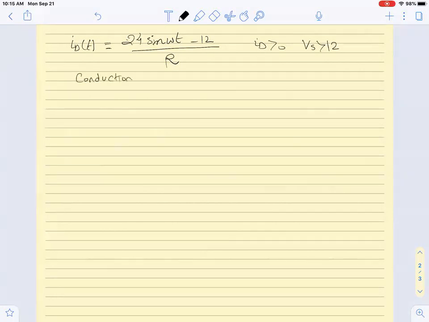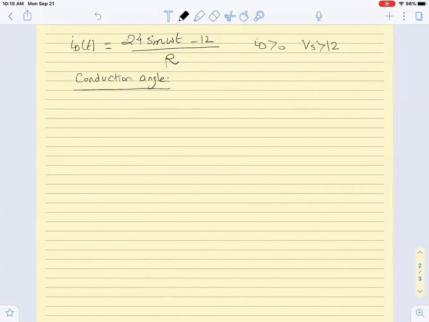What does the conduction angle mean? It means how much of the period, if I consider the period as theta between 0 and 2 pi for sine theta, how much of this 2 pi period am I conducting? How much of the time of the signal am I using to charge the battery? Okay, so the conduction angle